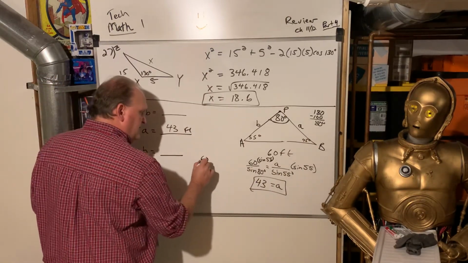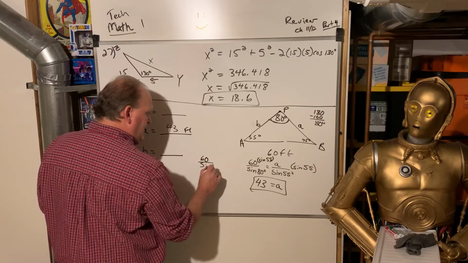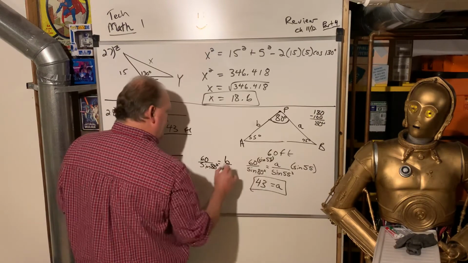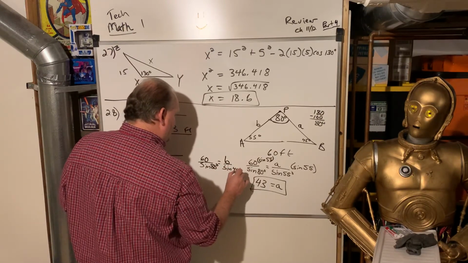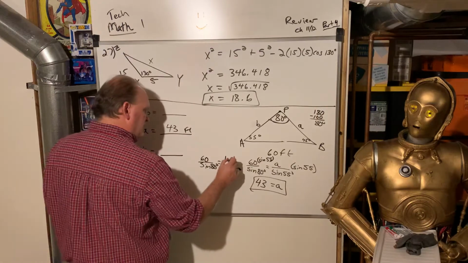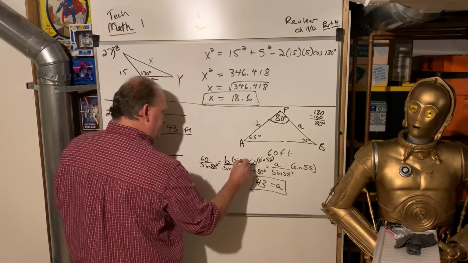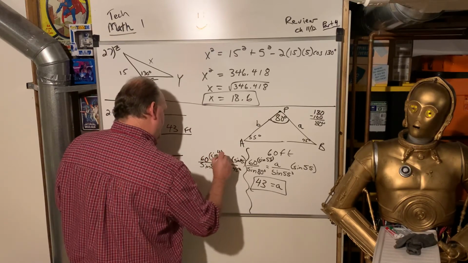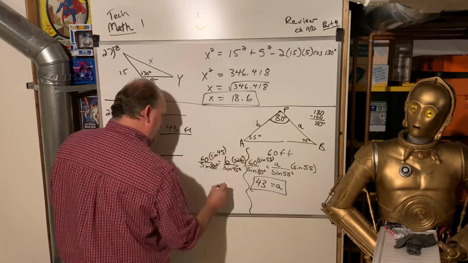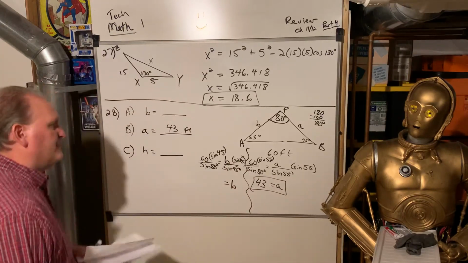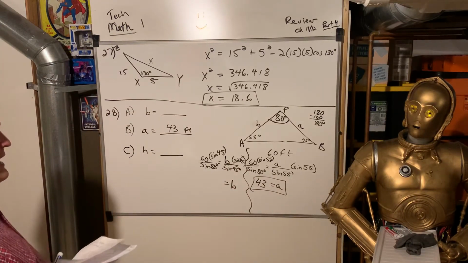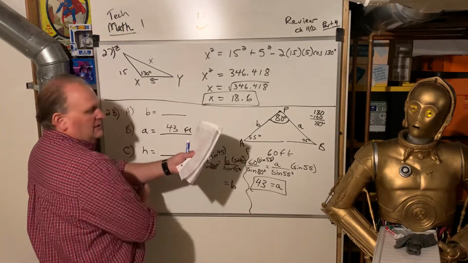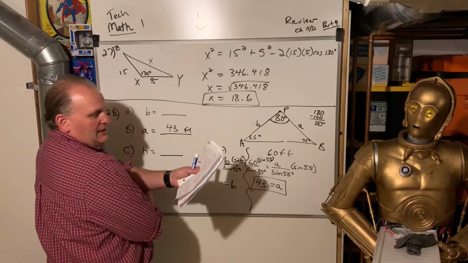We just set up 60 over the sine of 80 is equal to B over the sine of 45. And then multiply both sides by the sine of 45. And then we got B. So 60 times the sine of 45, end of parenthesis, divided by the sine of 80. And you hit enter, and you end up with,